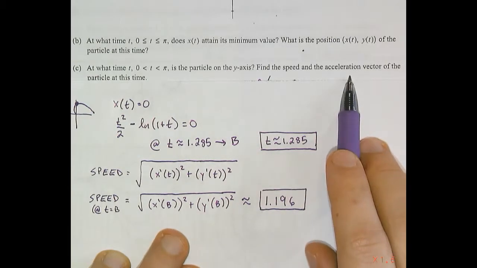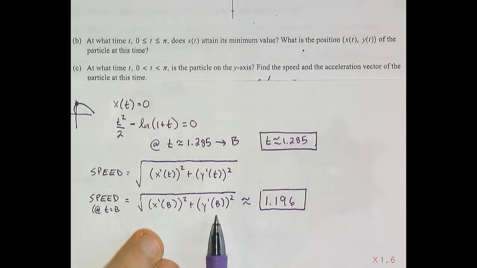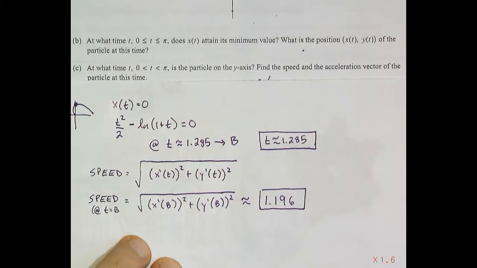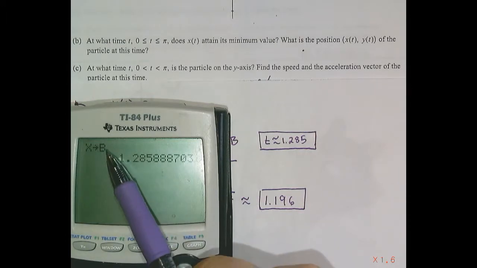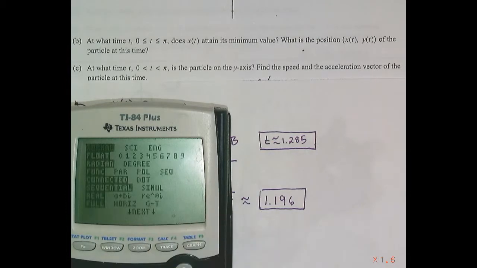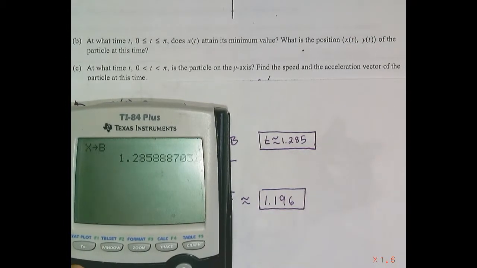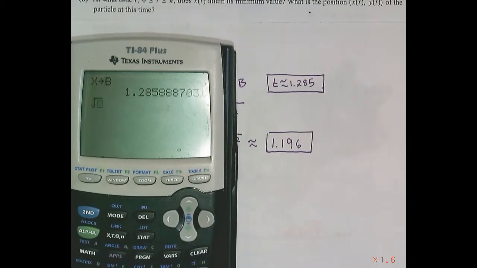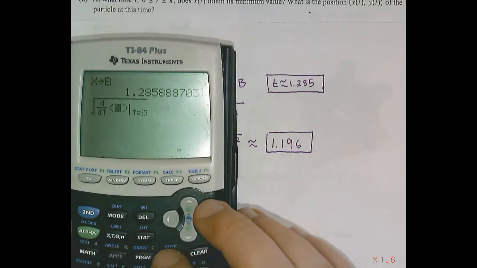And now finally we need to find the acceleration vector. So actually let's back up and go ahead and do this on the calculator. So right after finding that 0 of 1.285, I stored it on my calculator as the letter B. And now I'm going to change my mode to parametric. Just double check that the equations are in there. Okay, and they are. And I want to take the square root of the derivative evaluated at B. So let's do math 8, take the derivative with respect to t of